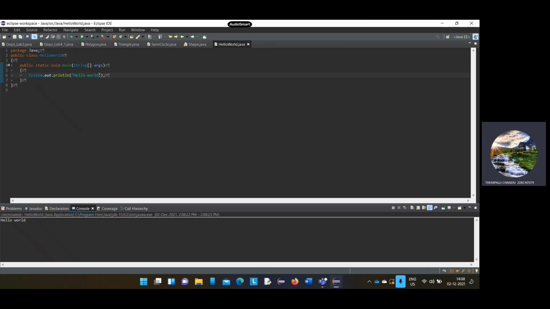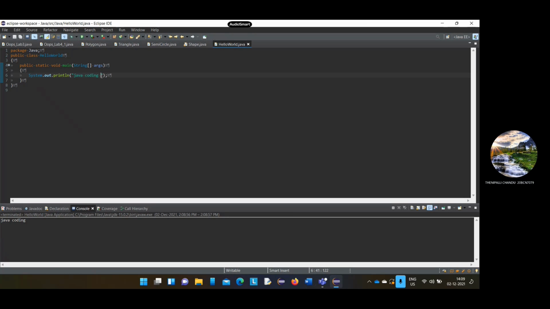Okay, now let's check another word. I will give Java Coding. See guys, now it will print Java Coding. See, it's printed. So if you want to print anything, you have to write whatever you want in this.